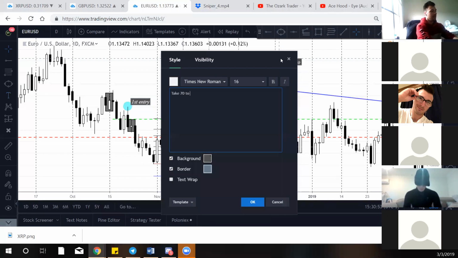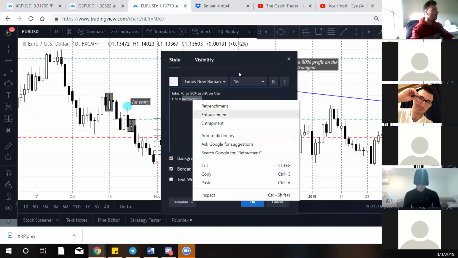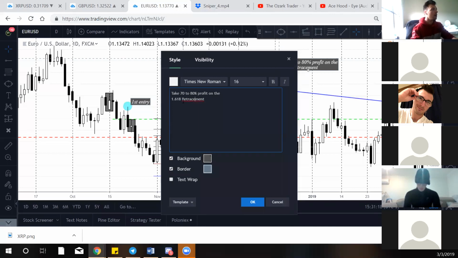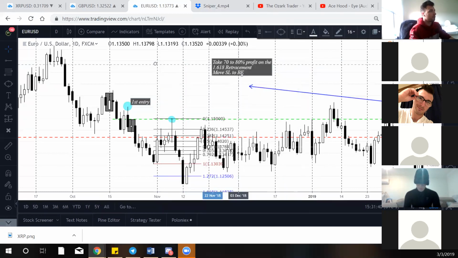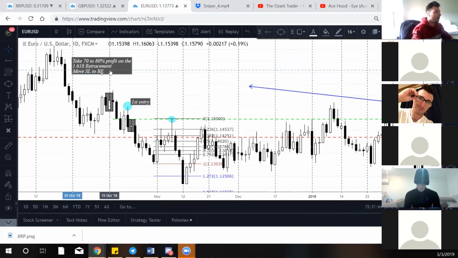Take 70 to 80% profit on the first, on the 1.618. I'm gonna actually do this. There we go. 1.618 retracement. I spelled that wrong. Okay. Move stop loss to break even. Okay. Awesome. All right. So now that we've got that finished, take that note, put that note down. Okay. Next,